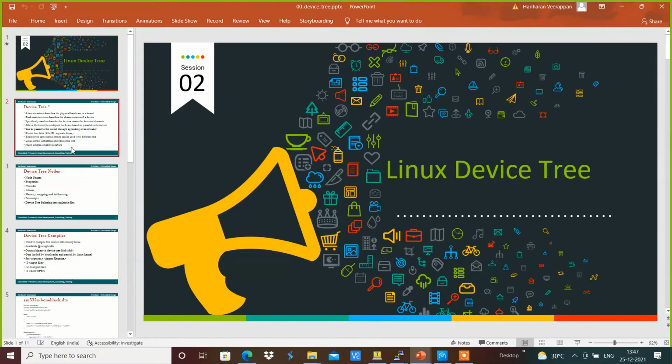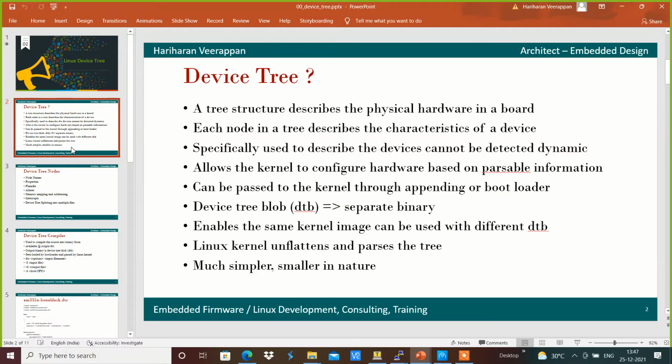Here in Linux, the device tree is a structure, or a node, which describes the physical hardware present on the board.